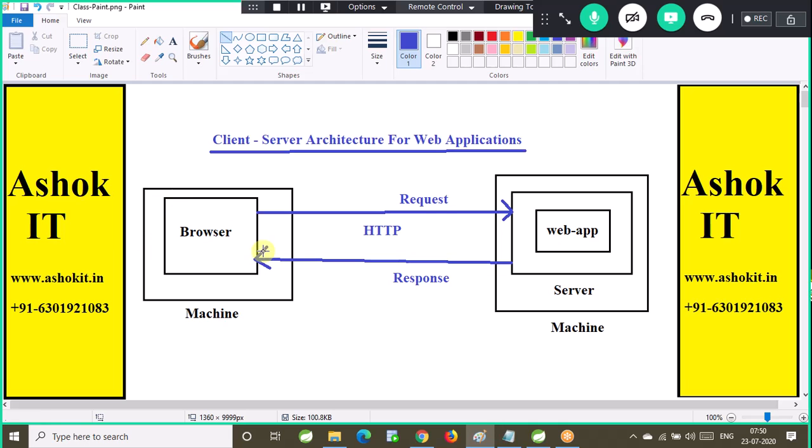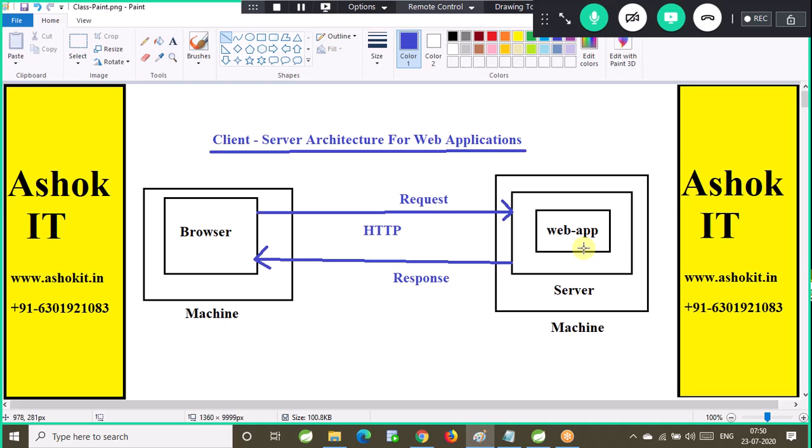All the browsers which we are using, like Chrome, Firefox, IE, Safari, also follow the HTTP protocol. Browsers follow the protocol, and servers also follow the protocol. That's why whatever request we send from the browser is received by the server. That means they both follow the same standards. The same set of rules is followed by both server and client, so they are able to communicate with each other.